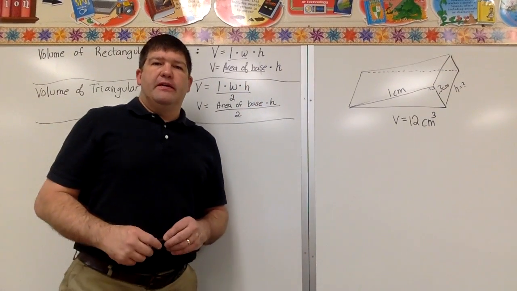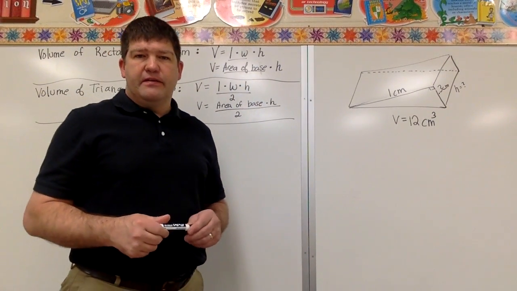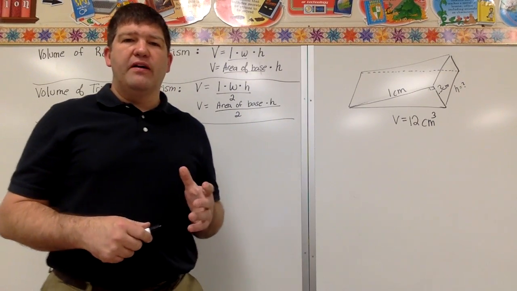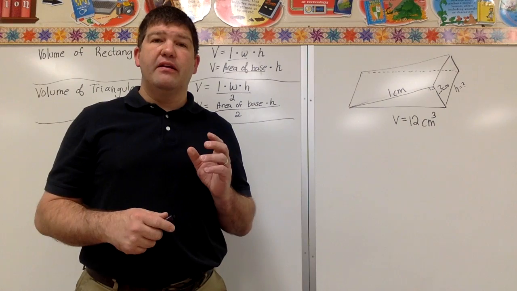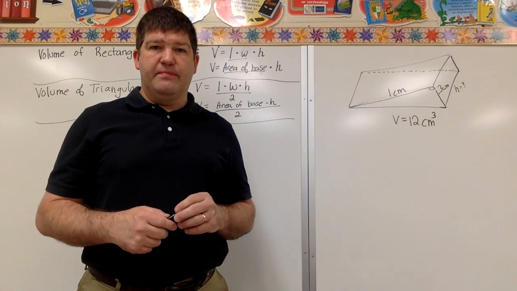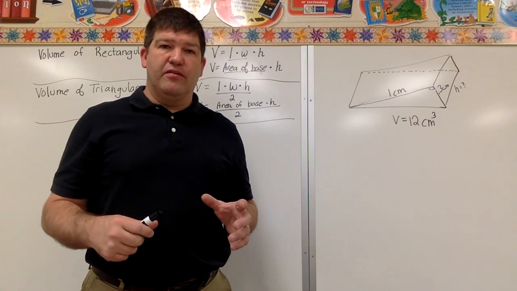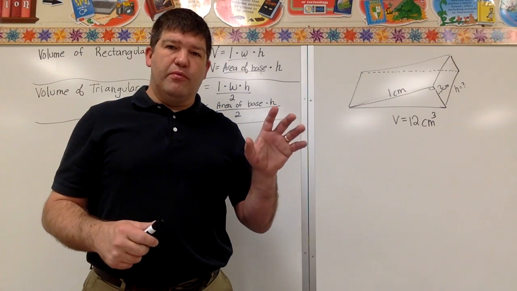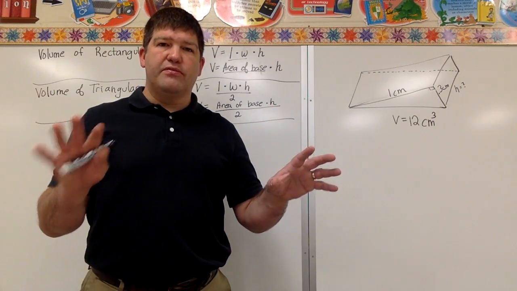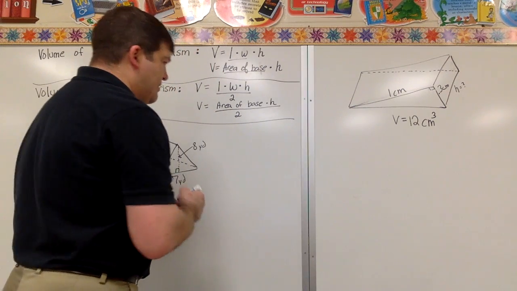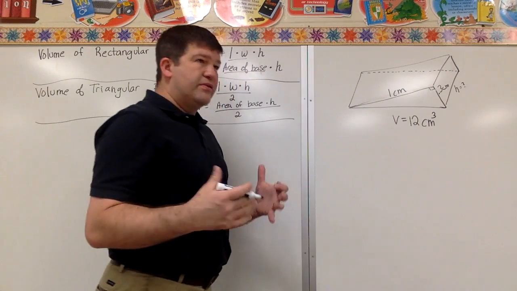I'm going to be talking about the second lesson in chapter 10, which has to do with the volume of a triangular prism. Lesson 1 was the volume of a rectangular prism. So, we're going from rectangle to a triangle. And we know that when we do that, like when we do surface area